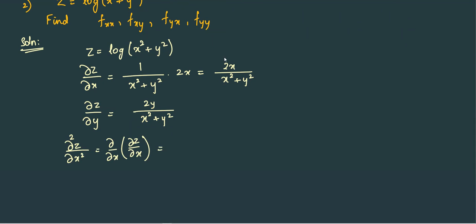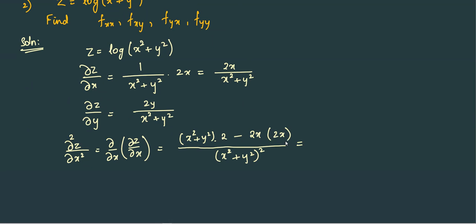So differentiating this expression with respect to x, this has x terms in both the numerator and denominator, so we'll have to apply the u upon v rule. So the denominator whole square, denominator